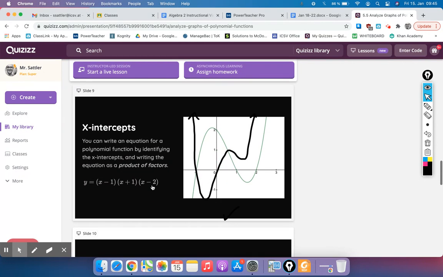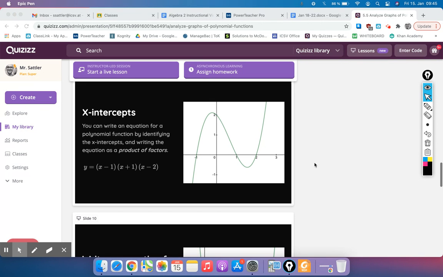Okay, and the next section was on x-intercepts. So if we see a graph and we can see the x-intercepts, we can write out the equation by using the factors. So we always write this using the opposite signs. So this x-intercept of negative 1 corresponds with this factor in the middle, x plus 1. If the x-intercept is positive 1, then it corresponds with a factor of x minus 1. If the x-intercept is x is 2, that corresponds with x minus 2. So it's always the opposite sign because these are